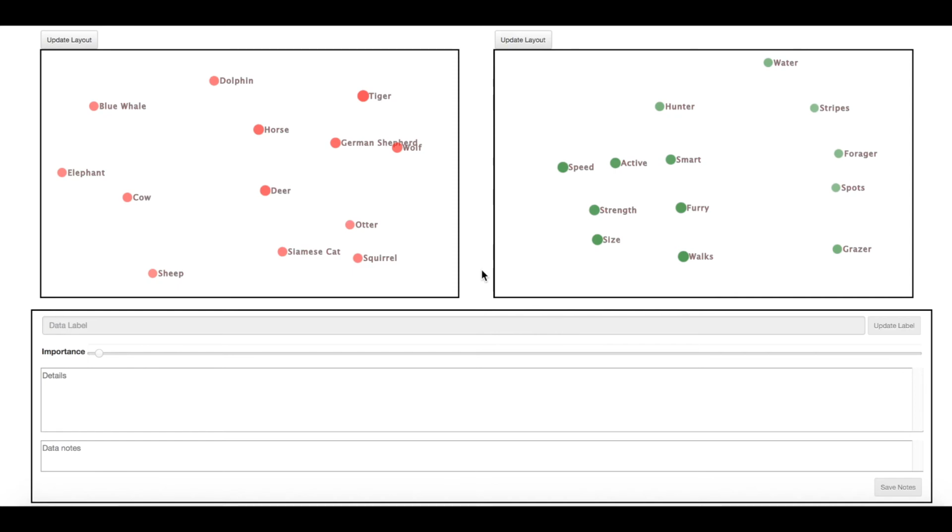Projection interactions allow analysts to directly manipulate the projection itself to express desired similarities and dissimilarities between a specified subset of nodes. This means that the animals in question can be separated and new insights gained by dragging dolphin and blue whale onto one side of the projection, tiger and wolf into an opposing corner, and cow and sheep apart from either of these 2 groups. When the Update Layout button is clicked,